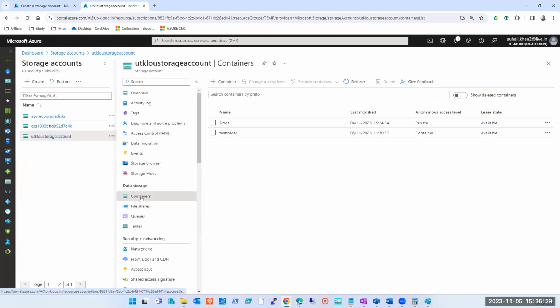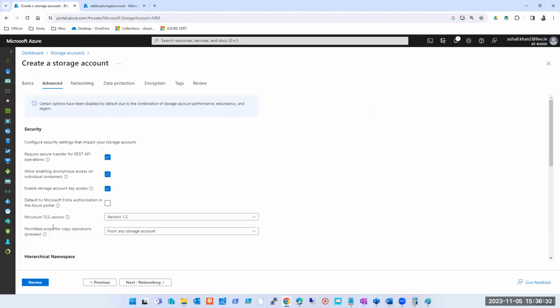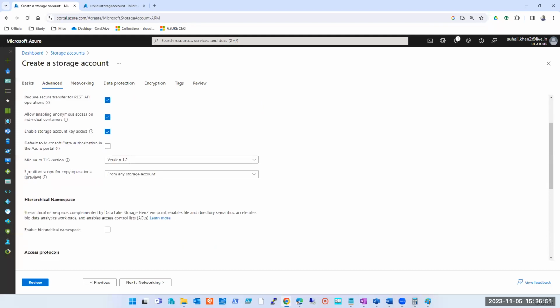This container, it says containers. So if you want that to be accessible, keep it checked. Enable storage account access keys: check this if you want this to be accessed via keys. If you do not want, then uncheck it. Now, what is the key access? I'll show it to you later. If you want this storage account to be accessed by IDs which are there in Entra, for example, the IDs you use to log into my portal, I will check this. Otherwise, I'll uncheck this.